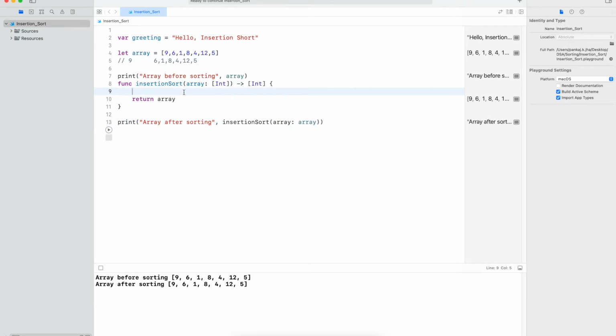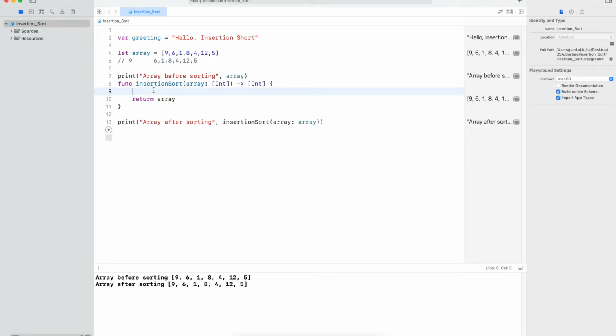Now we will traverse the array from the first position to the last position. As I mentioned, we consider the first element of the array to be already sorted. So we'll traverse from the next element to the last element. We'll create one loop to traverse from first position to last position, not the 0th, because the first element in the array we consider as the sorted array.